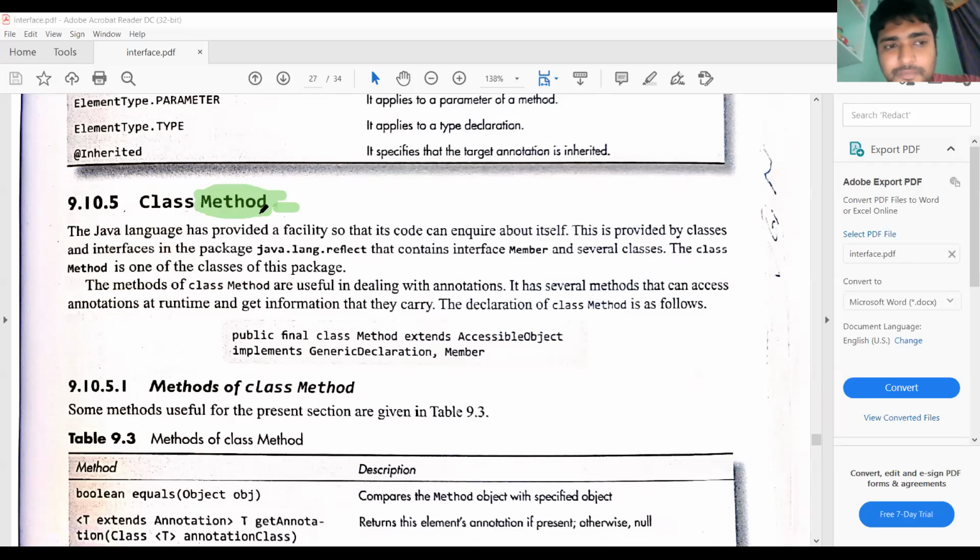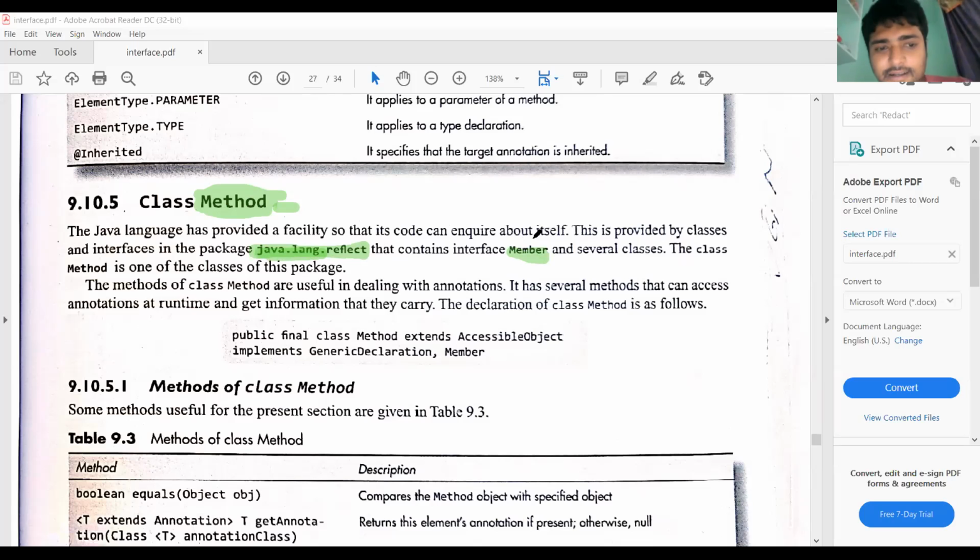Method is a class name that is defined in the package java.lang.reflect. In this package, there is an interface called Member, and there are some other classes also.